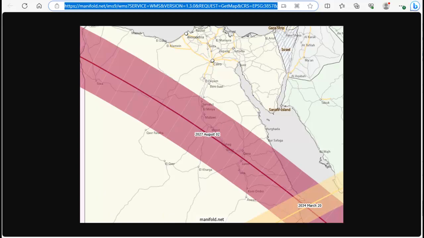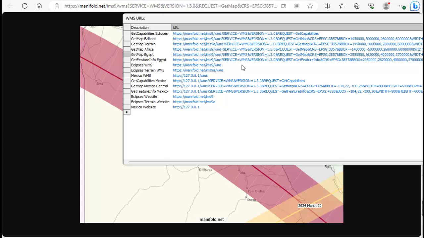And what GetFeatureInfo is, it's a request format. Instead of request GetMap, like here, you can see request is GetFeatureInfo. And what it does is it tells the WMS server to pretend that it's generated an image of 800 pixels width and 600 pixels high that encloses this bounding box. And within that,